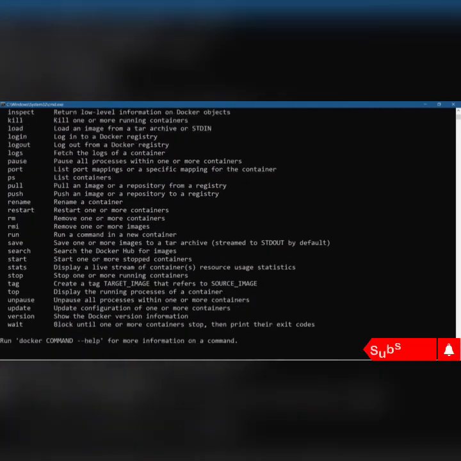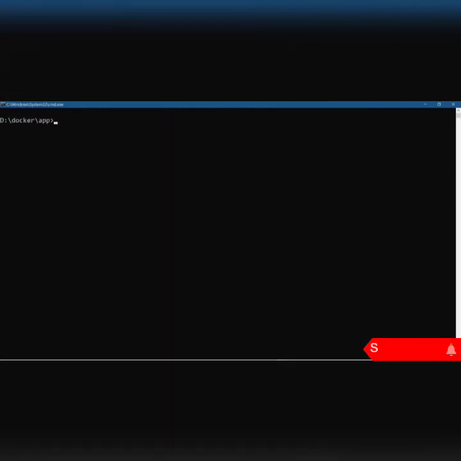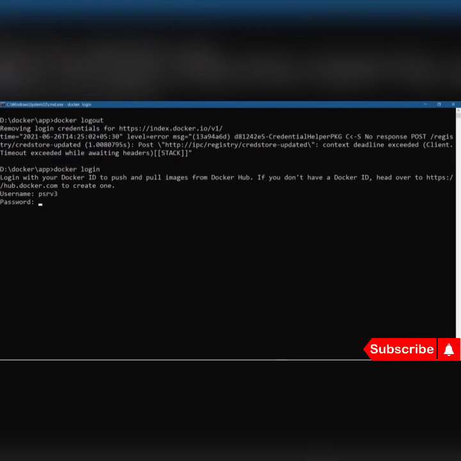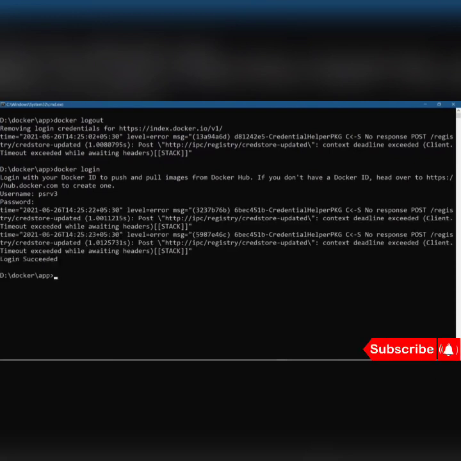Now let us focus on how you can log in to your registry. For it, you need to use the docker login command. But before that, I must log out from this session as I have already logged in. Now let me show you how this process looks. Just write docker login. Then it will ask for the username. Write down your Docker Hub username and the password, which will not be visible. Okay. Now it will save all your credentials into your config file, and the location is also shown. So this is how you can easily log in to your registry using the command line.